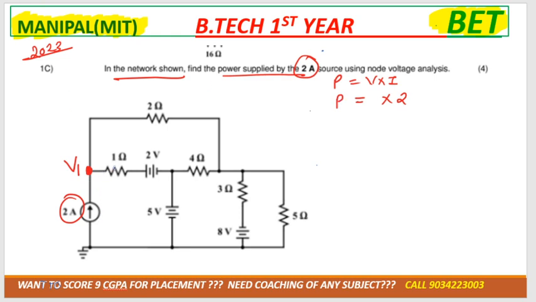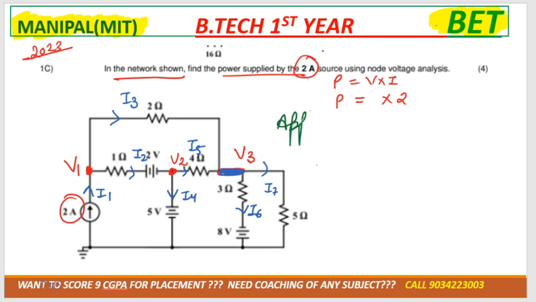So first of all, how many nodes do we have in this question? This is node V1, this is node V2. ये एक plain wire है, plain wire you can remove it or combine it. This is node V3. ठीक है? So next step is we have to mark the current. Let us consider this one would be I1, this one would be I2, this one would be I3, this one would be I4, this one would be I5, this one would be I6 and this one would be I7. इनको combine करके एक single node बन जाएगा.